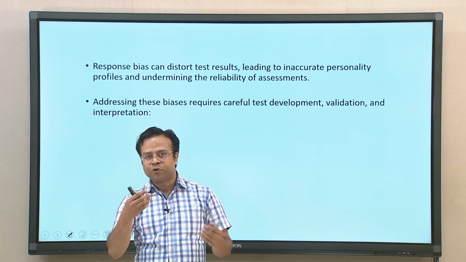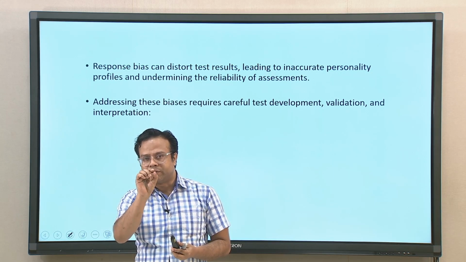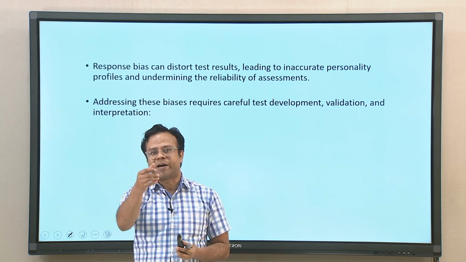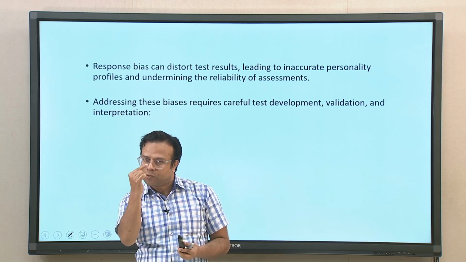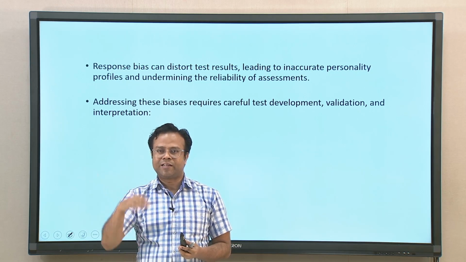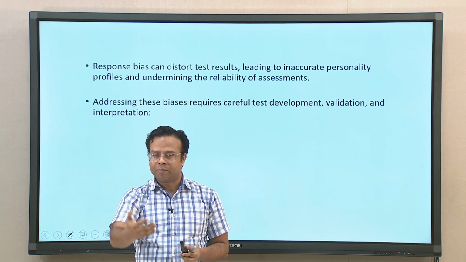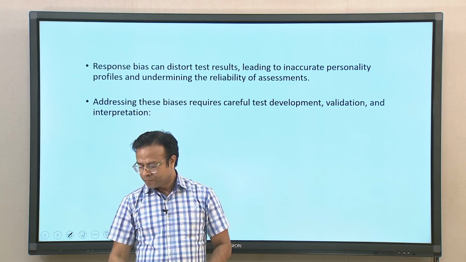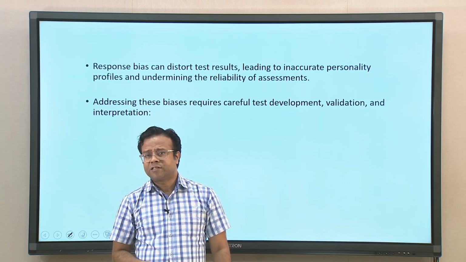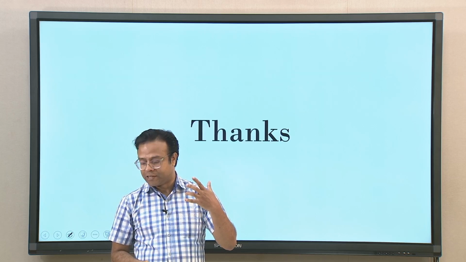Some people try to look into those response biases and use wordings in the items, some items positively worded, some negatively worded, so that test takers need to carefully look at those items rather than just mechanically giving scores. So a few things can be done, but obviously if somebody consciously fakes everything, then it is not possible. So these are some of the things that one needs to take care of in establishing scales.